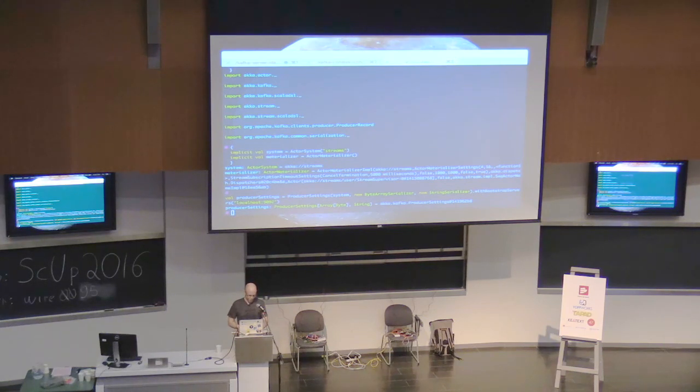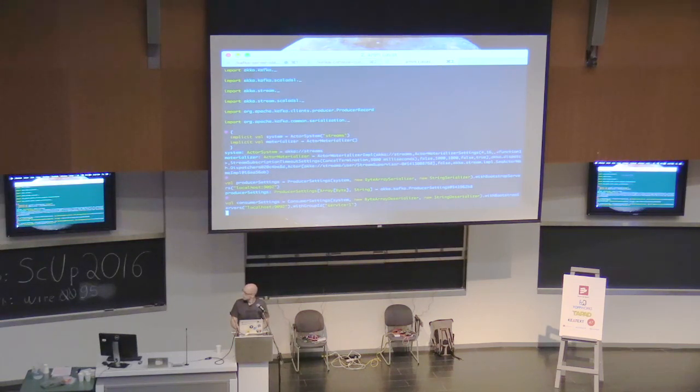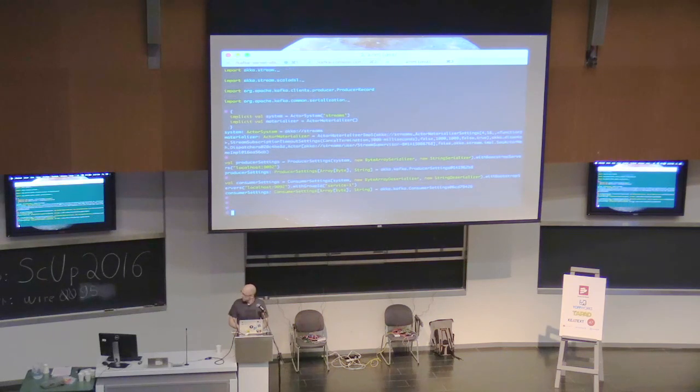Then I'm going to create a consumer that's going to consume from the local Kafka instance as well. And I'm giving it the consumer group ID service1. Now I'm going to create the actual consumer and run it.